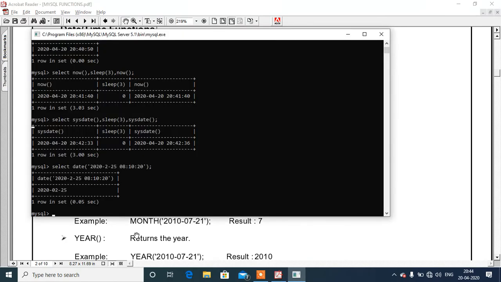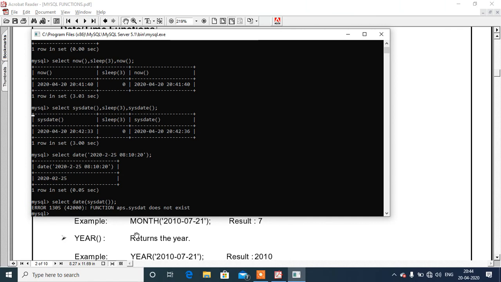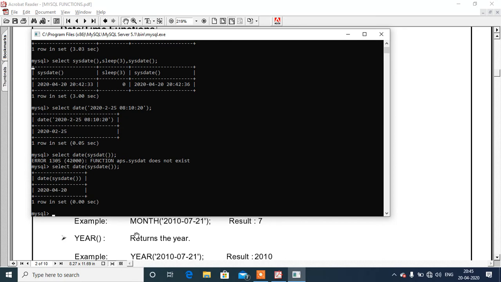For example, if we write select date in brackets sysdate, by nature the sysdate function will return the system's date and time. But if we use the date function, it will return only the date part.